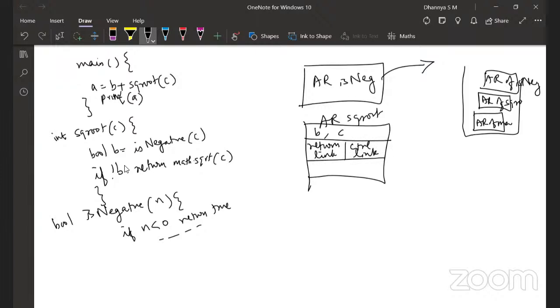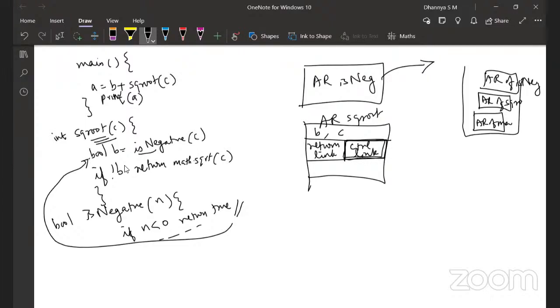So what I'm saying is here there are say about 100 lines of code. The control gets transferred to the is negative method. Then once I finish the is negative method, once I finish execution here, it has to come back to this line, right? How does the JVM know that? The memory location of this instruction is actually stored in this control link.